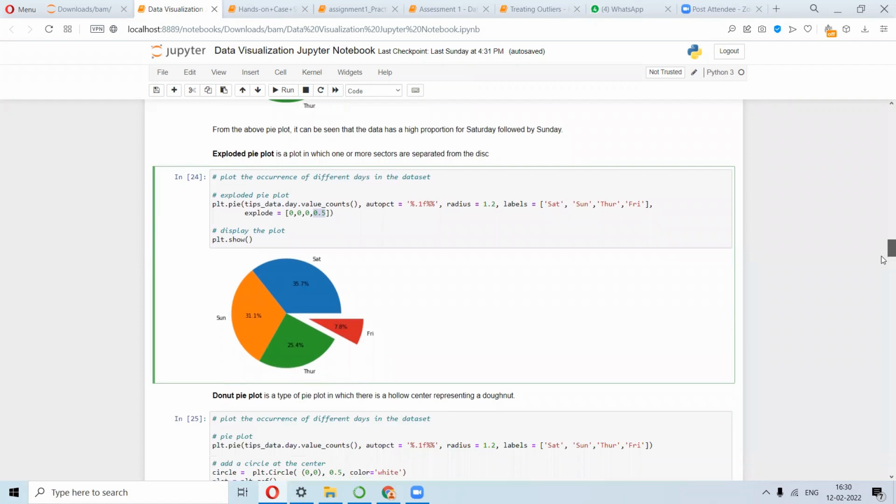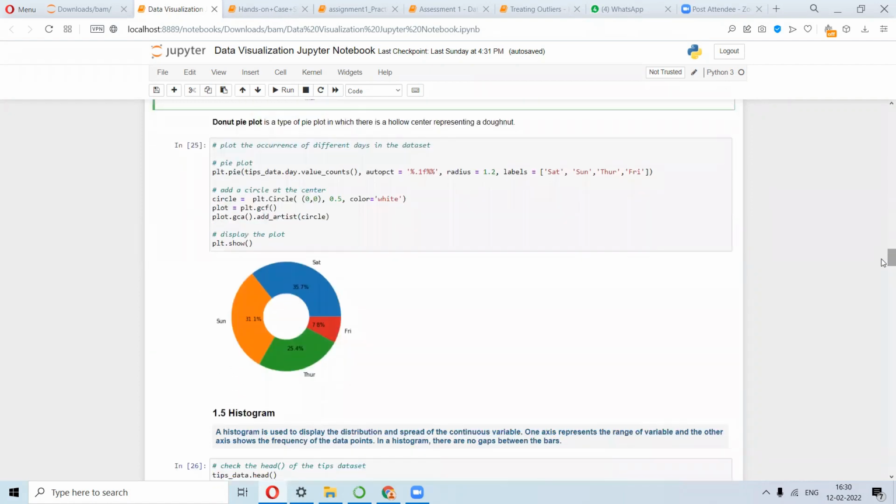Next we have something called a donut plot, which is pretty much the same. It's just a bit more colorful. The pie plot is boring, of course, since we have been using that for quite some time. So this is a new thing that we have, the donut plot. This looks like a donut, and everything other than this is quite similar to the pie plot. So again plt.pie, and everything remains the same up to this point.